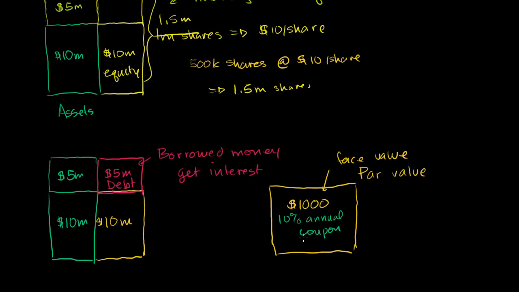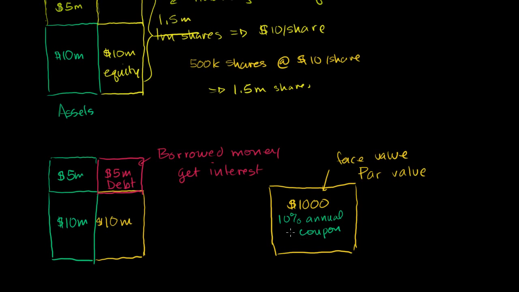It's called a coupon because when bonds were first issued, they would actually attach these little coupons to the bond itself. And the owner of the certificate could rip off or cut off one of these coupons and then go to the entity borrowing the money and get their actual interest payment. So that's why it's called coupons. But they don't actually attach those coupons anymore. And then it has some maturity date.